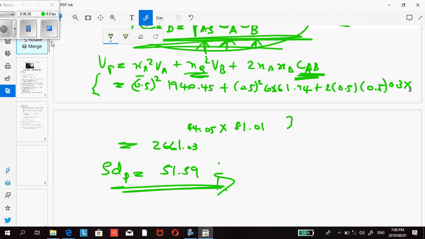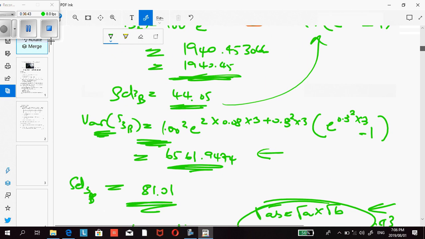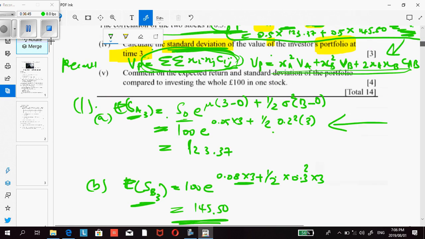Now, this question is a little bit demanding because they take the log normal model and mix it with portfolio theory. As long as you remember what to do, you'll be fine. The last part of this question is where you are required to comment on your answer. So let me